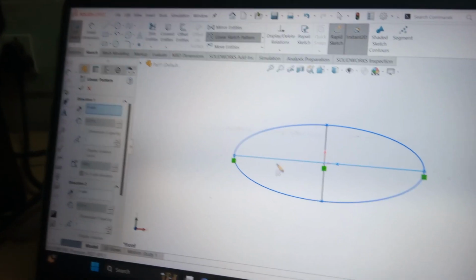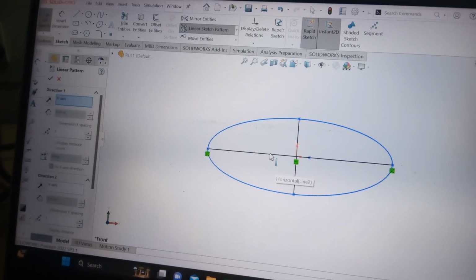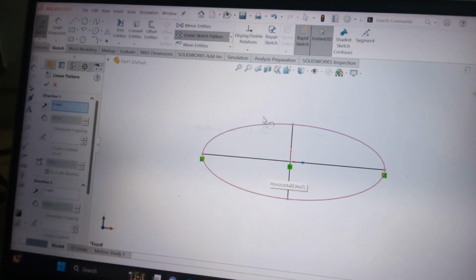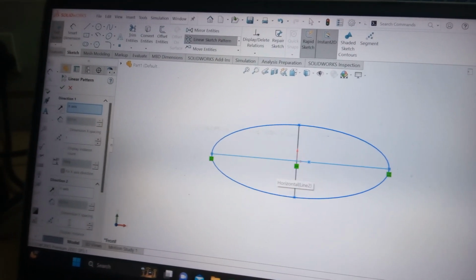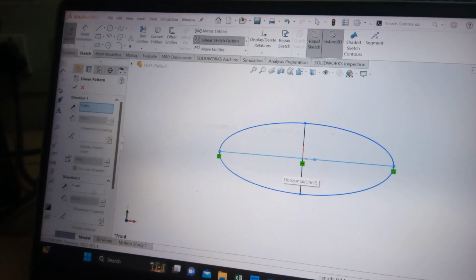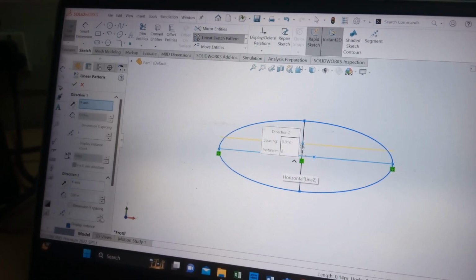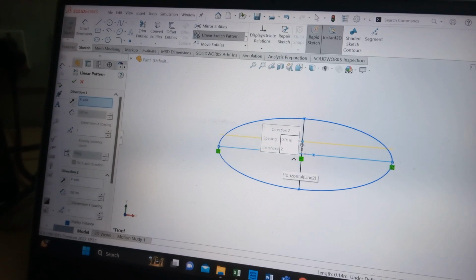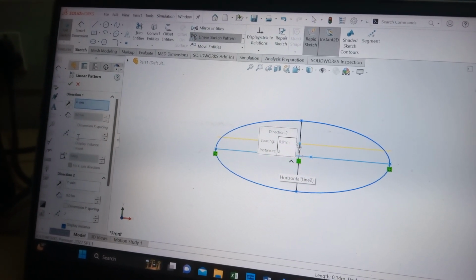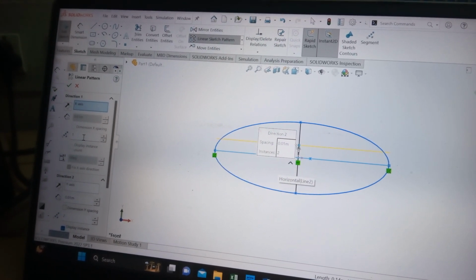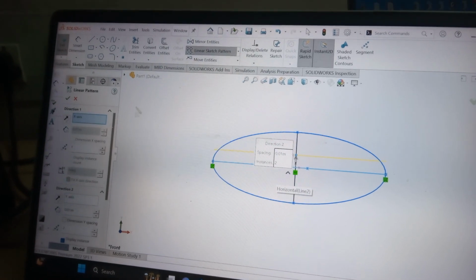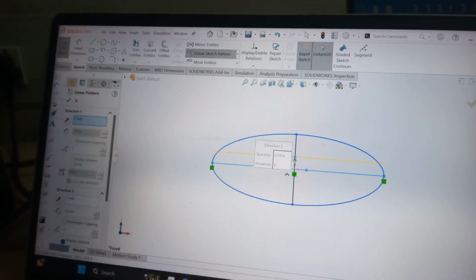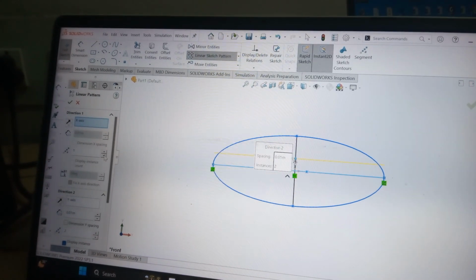So first we are repeating this line. This line is to be repeated in the y direction. So for this y-axis direction, we will increase the number to 2. Initially, the x-axis will be active by default in the linear sketch pattern tool. To deactivate that, we will make it 1,